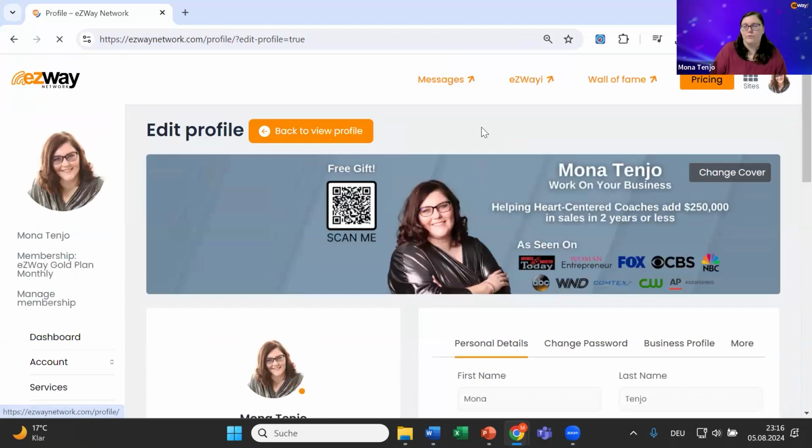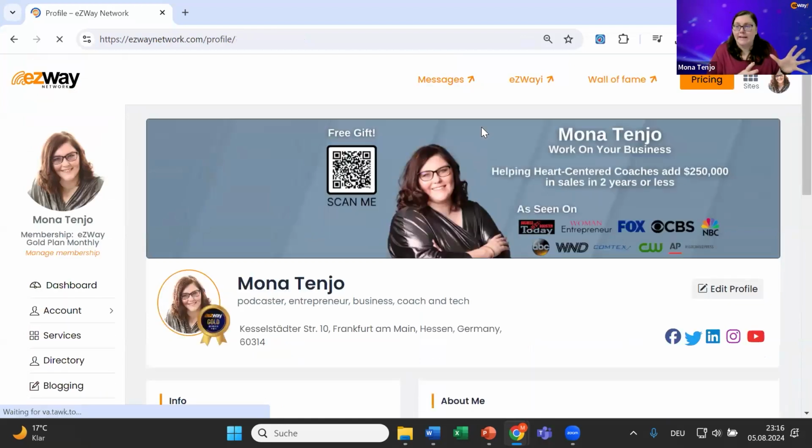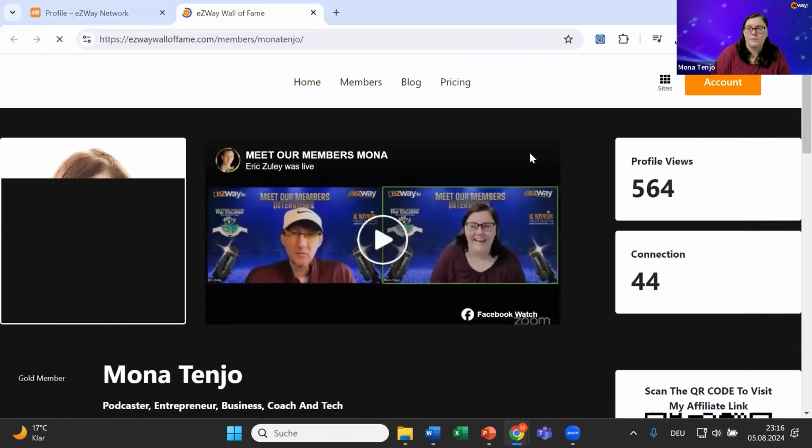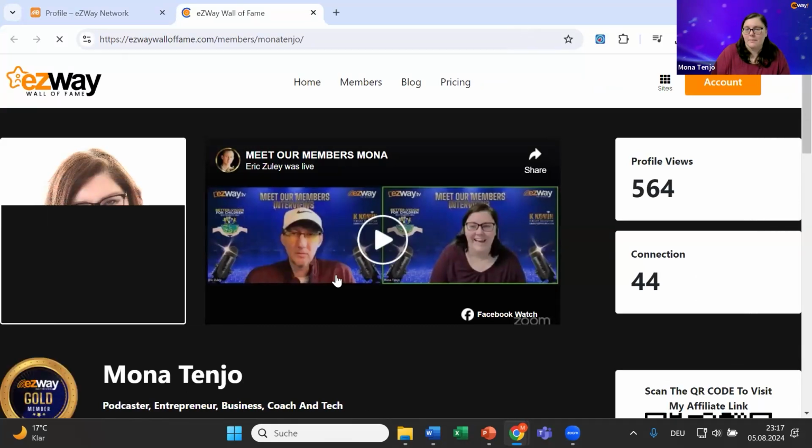Then if you go back to the profile, we leave the edit mode. So now we're again in view mode. And now we can just double check if we go to the wall of fame. You can just click on this button on the top, and then you can see your profile, and you will also be able to see here your video embed. So you definitely make sure to click on this link and check, how does my profile look like to others,